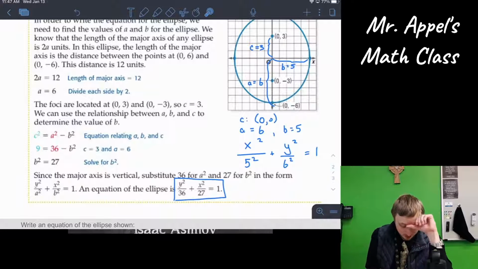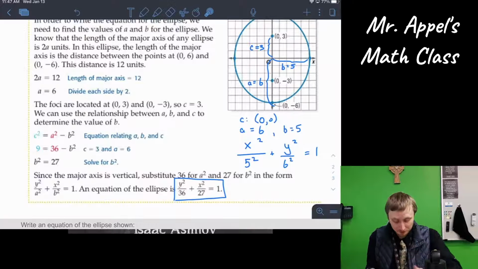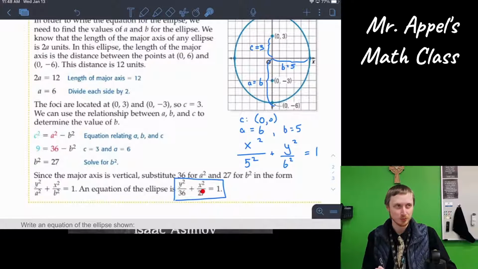Solve for, wait. Is B not actually 5? Oh, it's not. Well, I see what they did here. Nobody point out to me like, hey, wait a minute, Mr. Apple, that doesn't say 25, that says 27. How'd they get 27? Well,